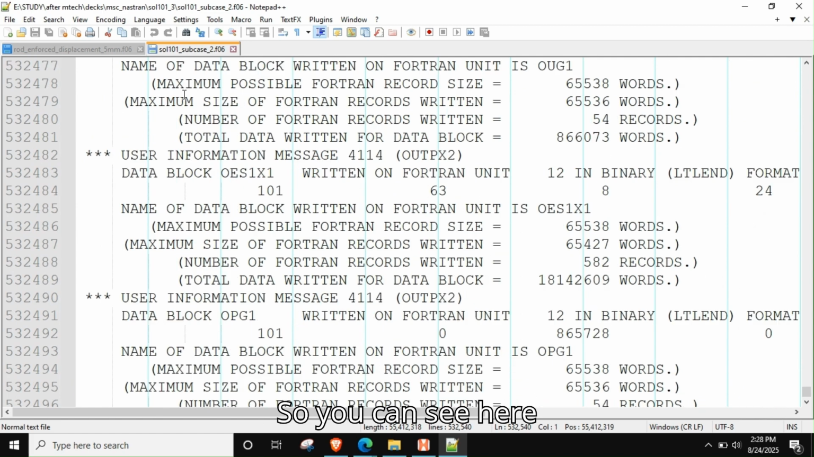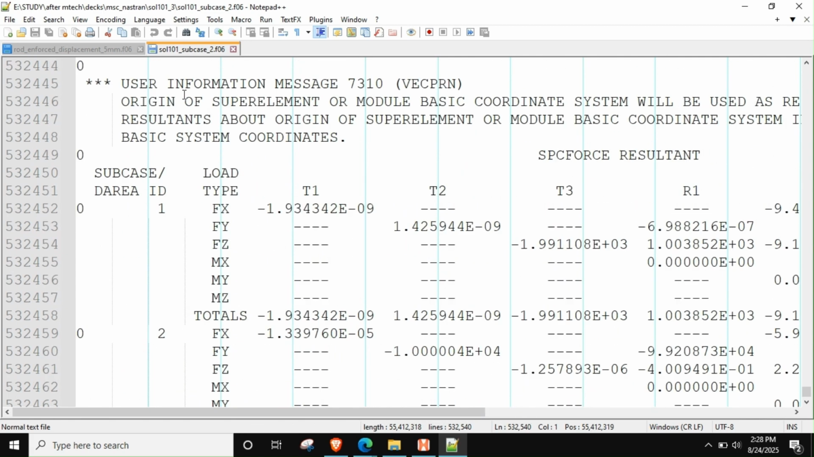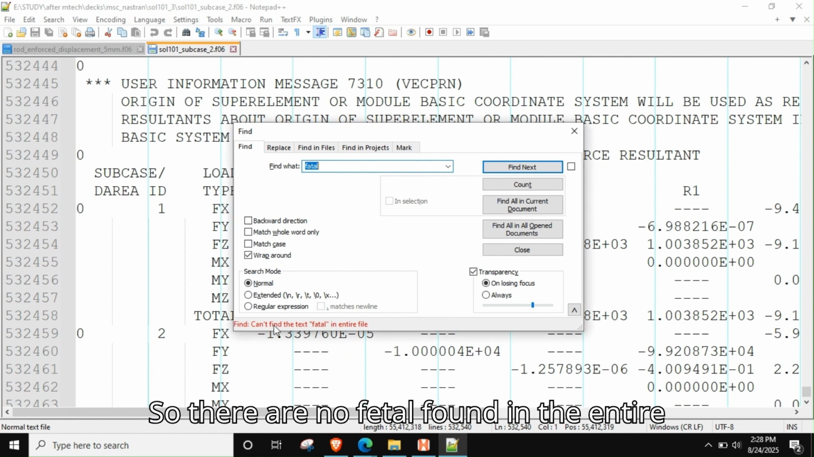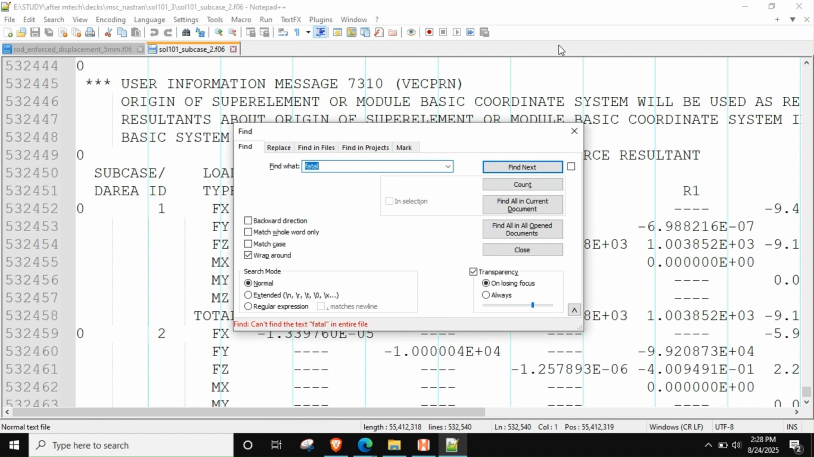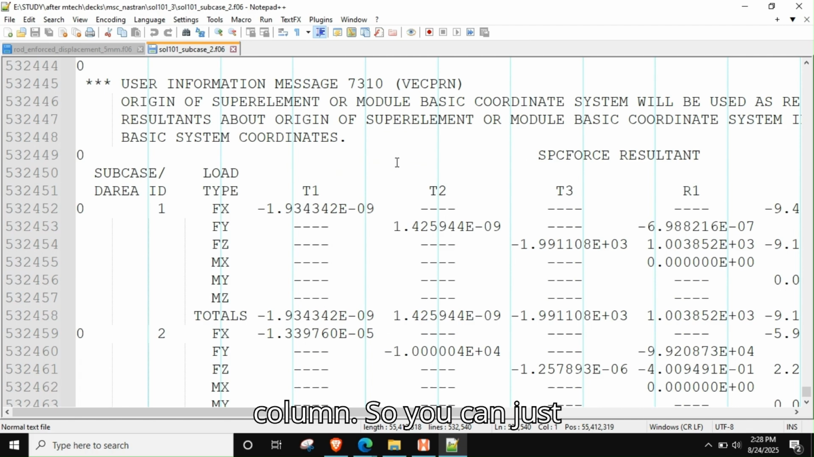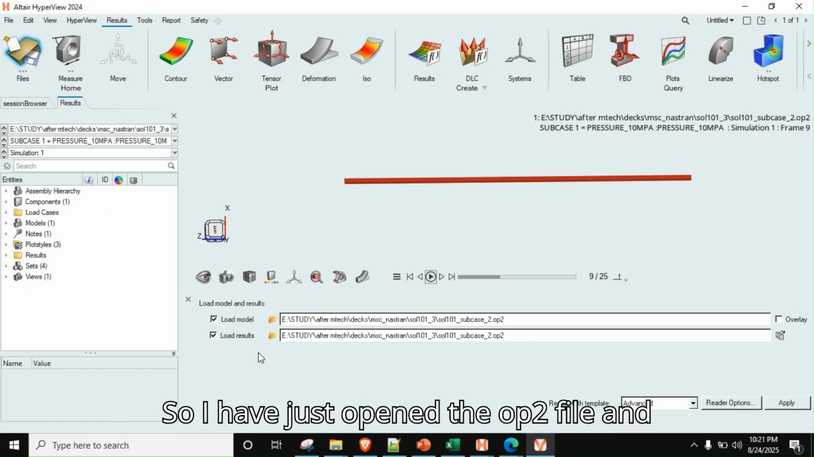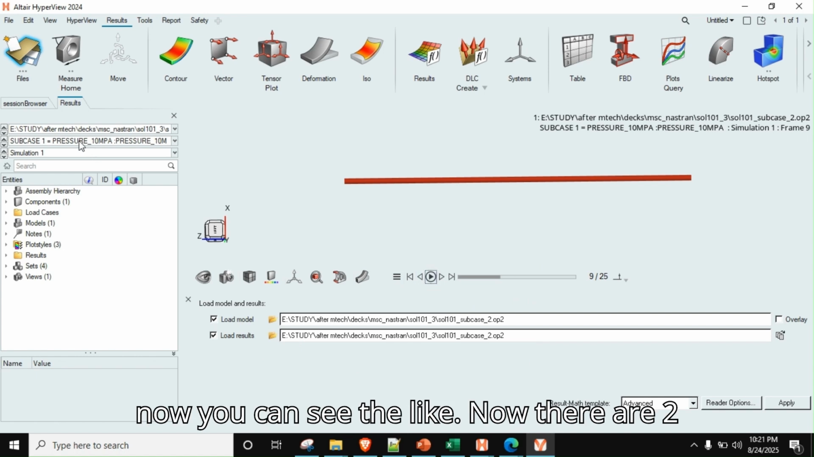So you can see here, you can search for fatal. There are no fatal found in the entire column, so you can just close this. I have just opened the OP2 file, and now you can see there are two subcases that